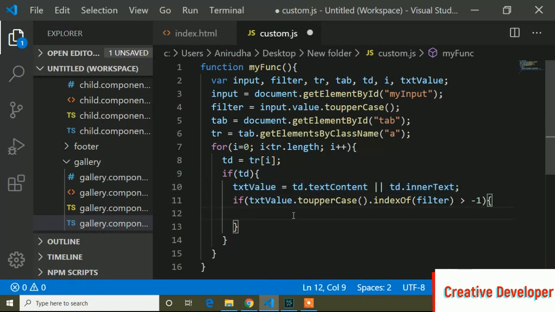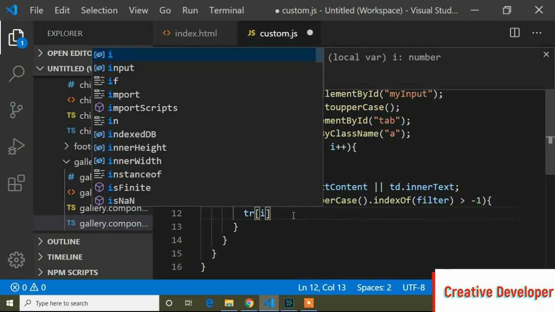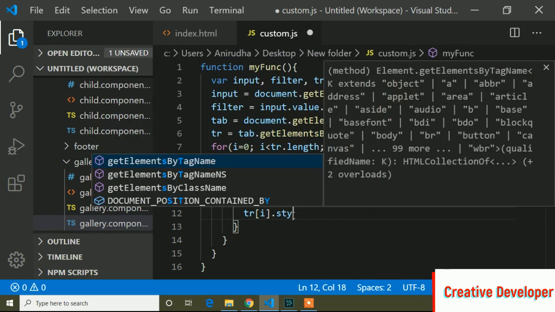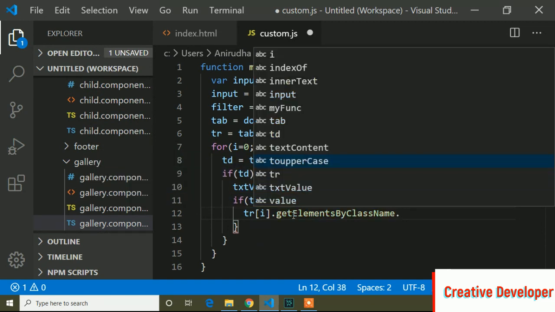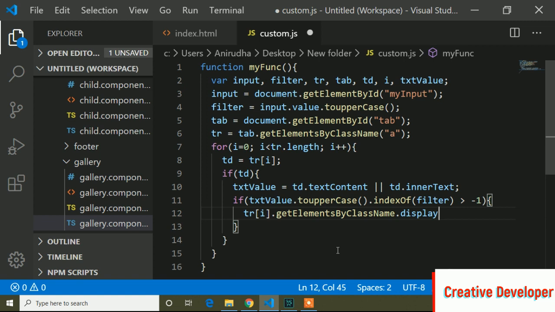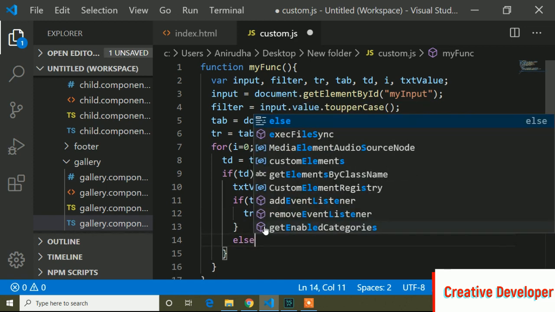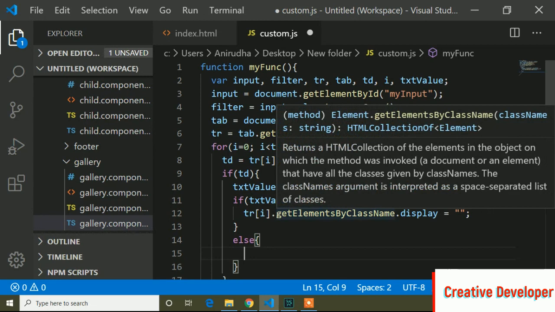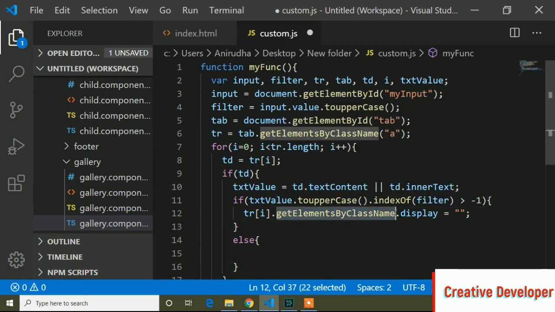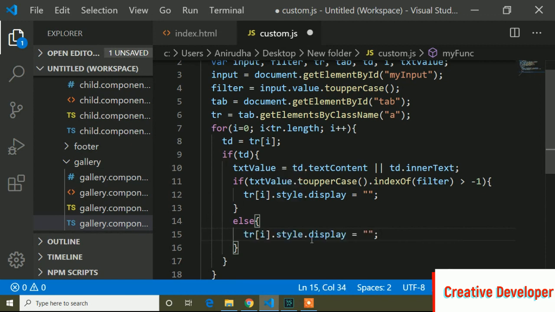And now if that, then it will return here tr[i] dot style dot display to blank, else, okay, sorry, here it will be style, and else I will copy that and paste it here, and here I will write none.